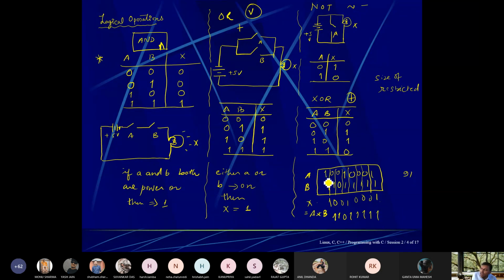If in any place there is a 1, it will always give you this number. And if we are talking about XOR, then it will give you, this place will give you 0, 1 1 1 0 0 1 and 0. So how many of you are able to understand this? If no one is saying that they are not able to understand this, there is no problem, no problem.